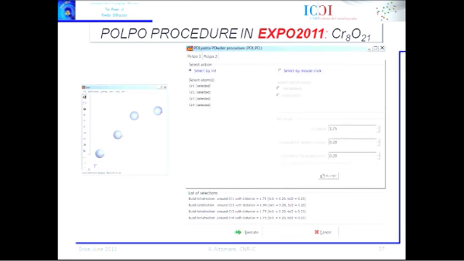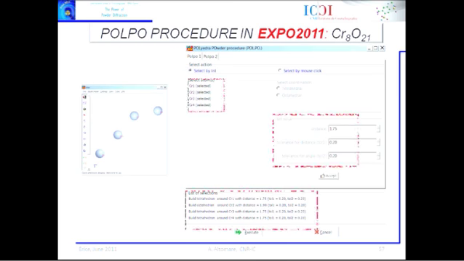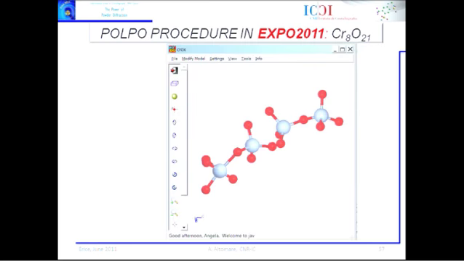Okay, this is the application to a chromium compound. We start from the position of only the 4 chromium atoms, and we provide the polyhedral coordination information concerning them, and the correct model is quickly reached in less than 1